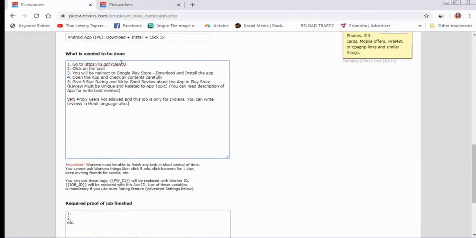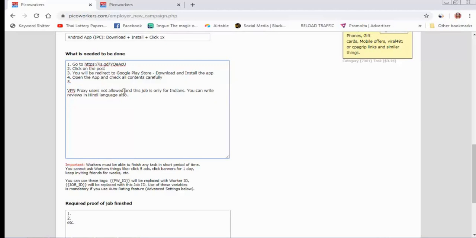Go to, this is the application link. Click on the post. You will be redirected to the Play Store, download and install the app. Open the app and check all content carefully. And I remove this line number 5.